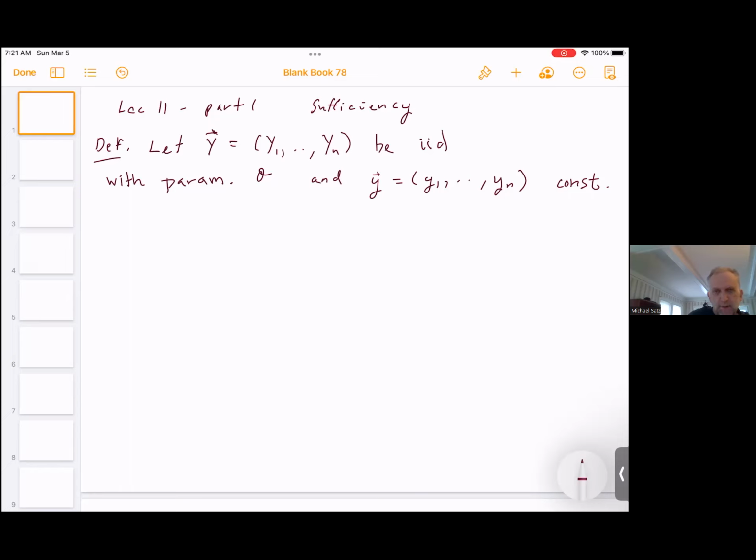that's IID and has a parameter theta associated with the distribution of yi, then a statistic t of capital Y is sufficient, which I'll abbreviate like this, SUFF, for theta if, and we'll do two cases, discrete and continuous. So for the discrete, it would be if the probability